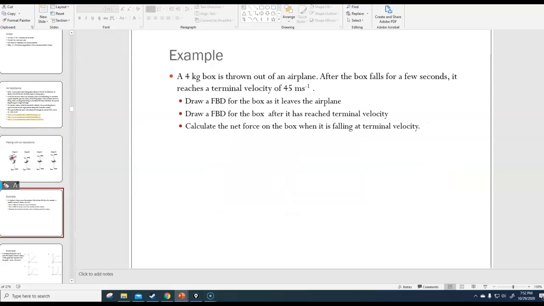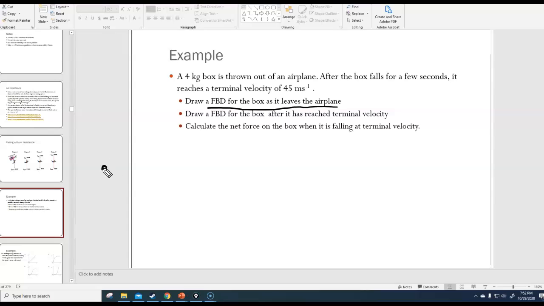Okay, so a simple example looks like this. We have a 4-kilogram box, and it's thrown out of an airplane. And it says after the box falls for a few seconds, it reaches a terminal velocity of 45 meters per second. Okay, now if you don't know what terminal velocity is, then that doesn't help you answer the question. Remember, that is the velocity at which the object is basically no longer accelerating because there's a net force of 0 on the box. So the FBD, right when it leaves the plane,